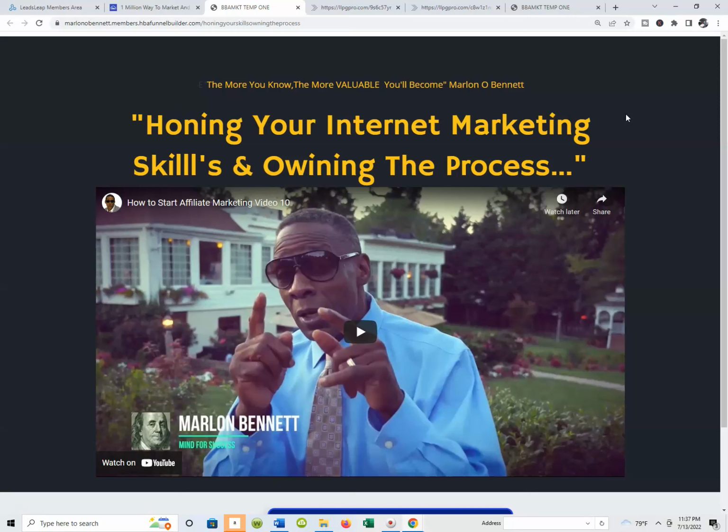Believe me, the more you know, the more valuable you'll become. It's no different than being on a job where you want a raise and your boss tells you that you have to go get the next degree to get the next raise. Ironically and sadly, you get this degree that costs tens of thousands of dollars and end up with a $7 or $8 raise if you're lucky, not even figuring in the cost of the degree.